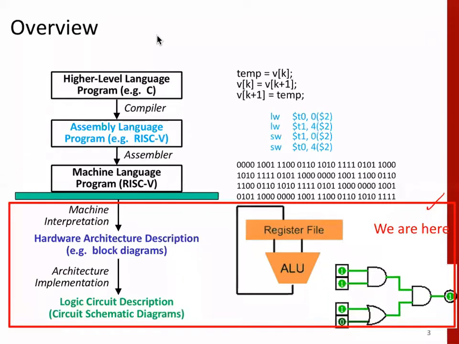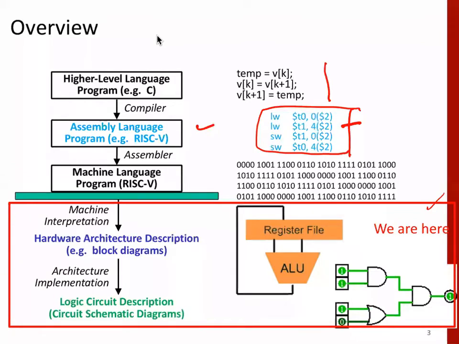After compilation, you get an assembly language program, like this small program segment in C giving you this kind of instructions. Of course, these instructions shown here are not RISC-V; they are in MIPS, but that's fine. So you get this kind of